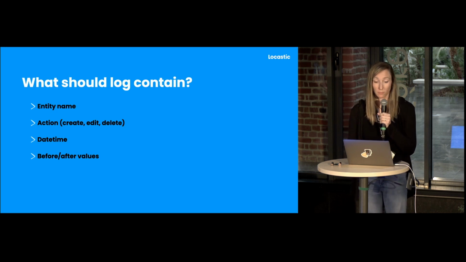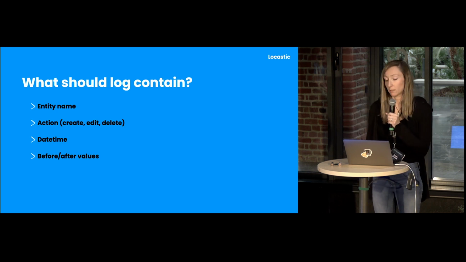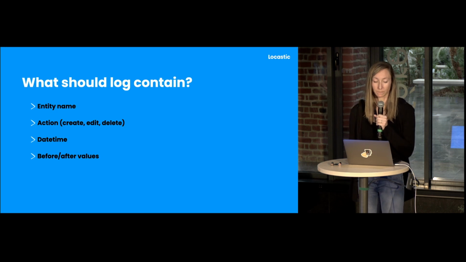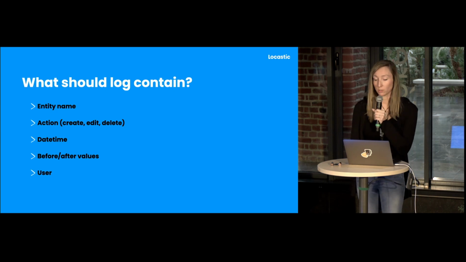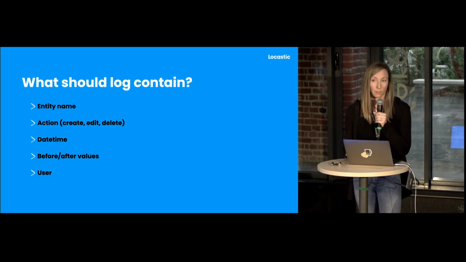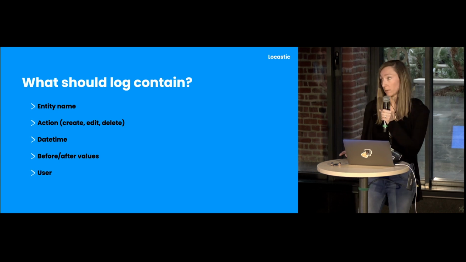This one is for the edited action. Here we are just saving the fields that were actually changed, so we don't take the full object and save it each time. We just find the differences that happened and then save only those fields. And lastly, we save the user who did the change. It could also be an anonymous user, or it could be some kind of system change that happened, for example, in some cron job.